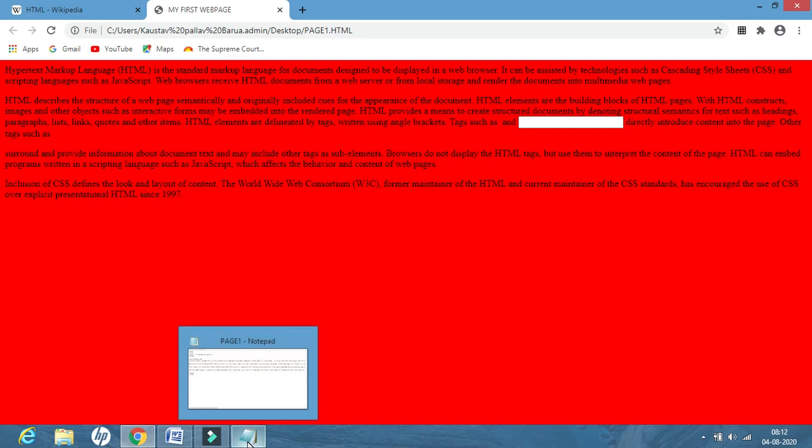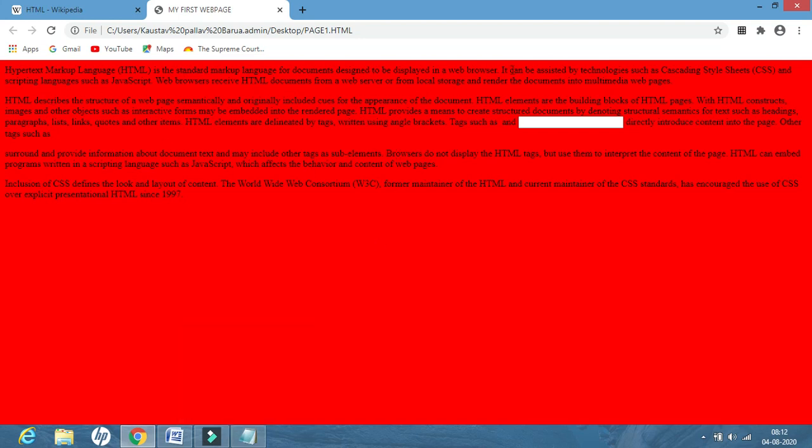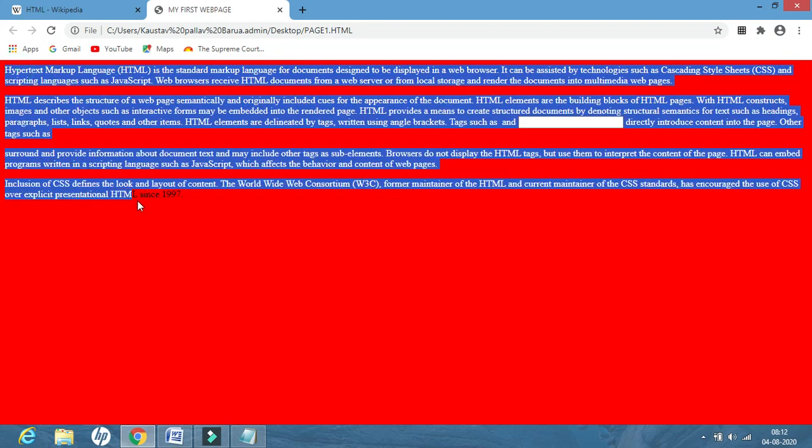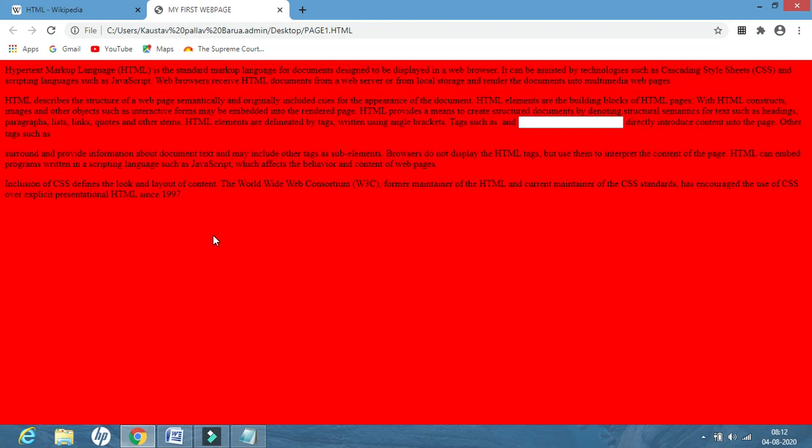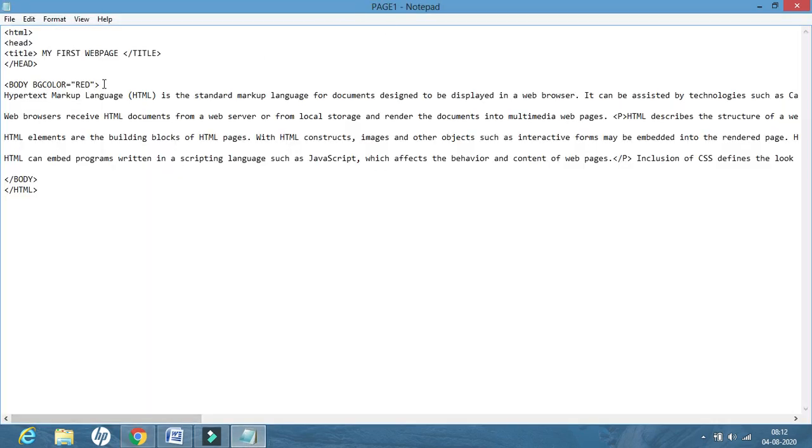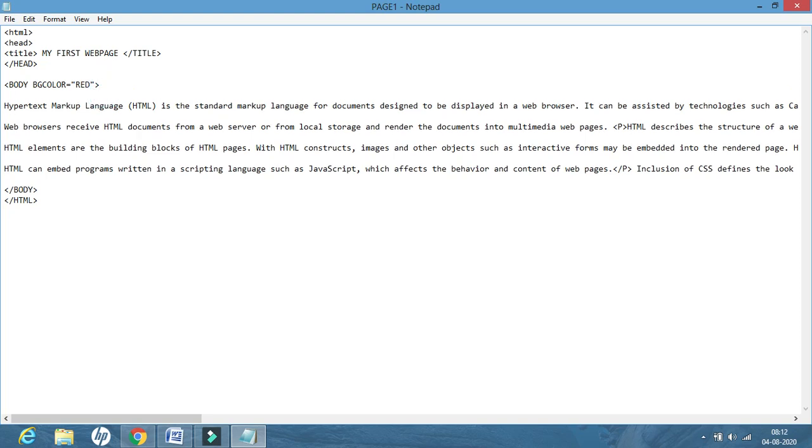Next, as we have noticed here, we did not give any kind of heading for these paragraphs. What we are writing, some heading must be there. So that heading I will include now. So how will I include? I'll click here, enter, and here I want to give the heading. To give the heading, there are 6 types of heading tags starting from H1 to H6.